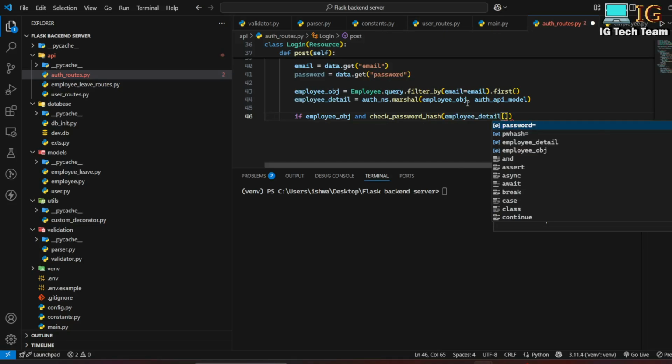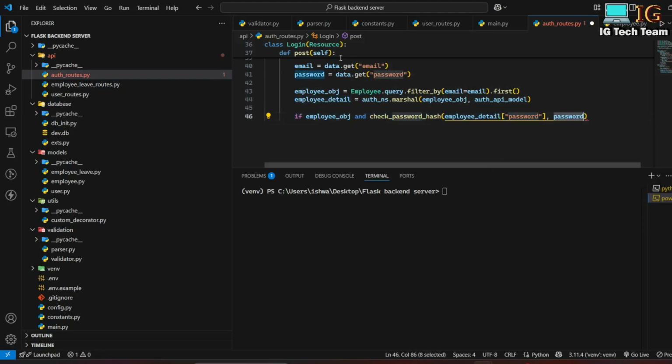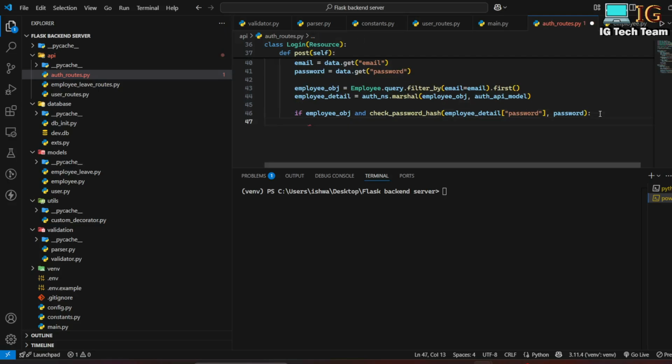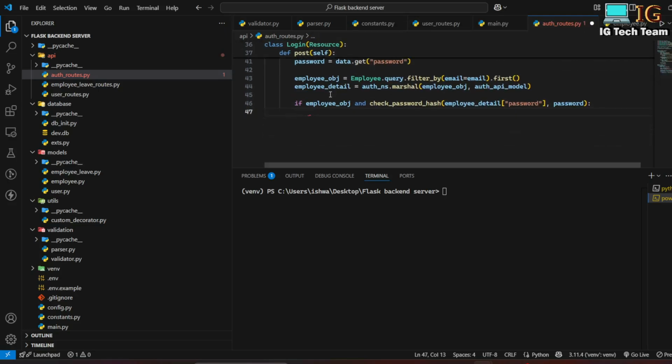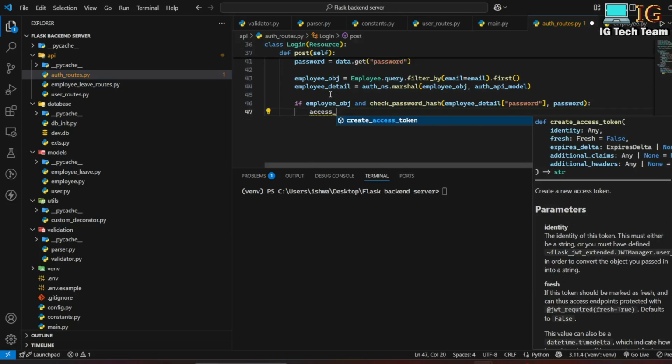This is the hashed password, and I also have to compare it with the password that is provided by the user. So this is the hash password, and this is the actual password from the payload. If these match, the user will successfully log in,